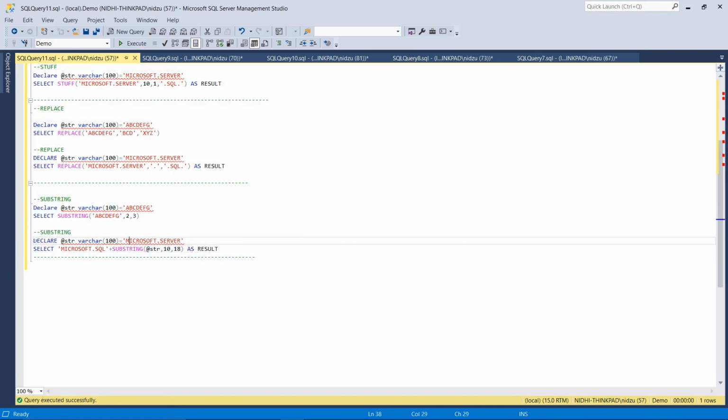And for the other example, I have taken Microsoft.server in the string, and I want it to return the result Microsoft.SQL.server using SUBSTRING.